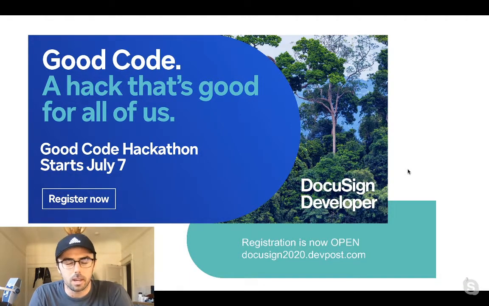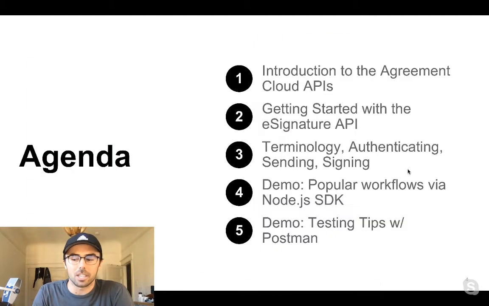FSC, the Forest Stewardship Council, is an amazing organization we partnered with, and there's a number of applications that they need help building. On your end, one of the cool things is that there's $8,000 on the line to win for the hackathon. And so it's a great way for you to spend some of this shelter-in-place time during this not great time. So that being said, let's hop into the agenda.